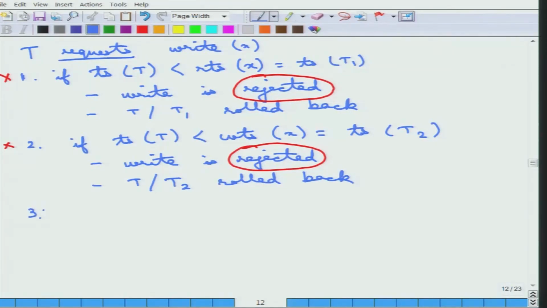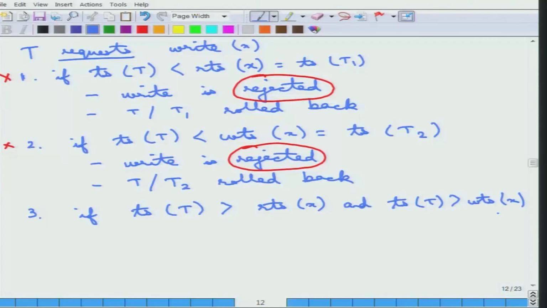And finally, if the timestamp of transaction T is greater than the read timestamp of X, and the timestamp of T is greater than the write timestamp of X, then there is no problem. All the reads that should have gone earlier have gone earlier, and all the writes that should have gone earlier have gone earlier. So this is simply allowed. The write is granted,